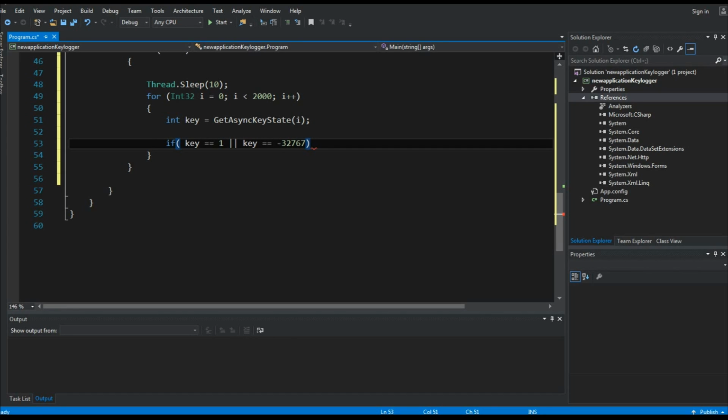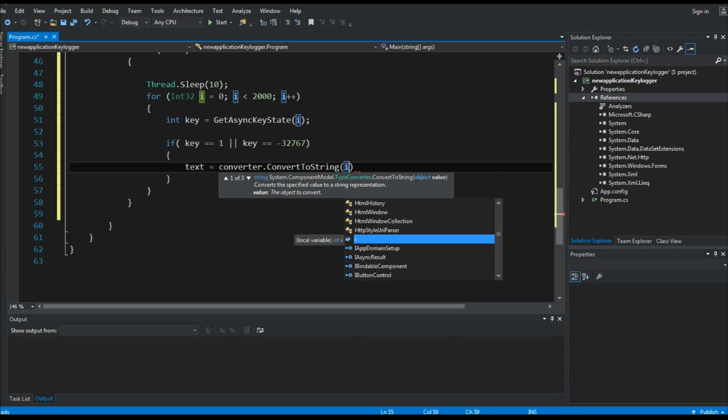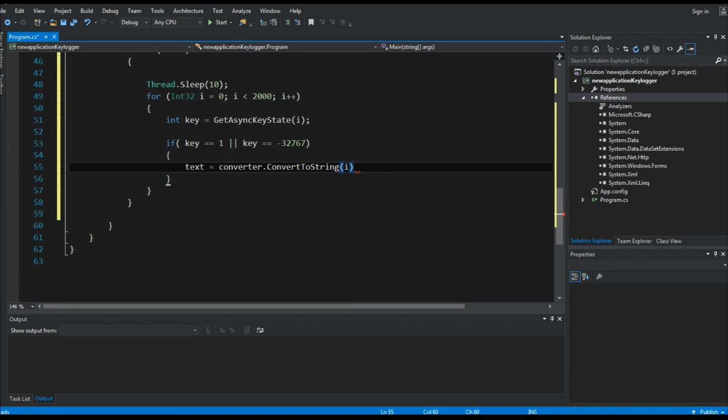And we're just going to write right inside this loop. So if it does get them, we're going to make a string text. We'll bring up that converter, .convert to string, whatever the variable i is at the time. And so if I press H on the keyboard, it's going to come up and it's going to write it